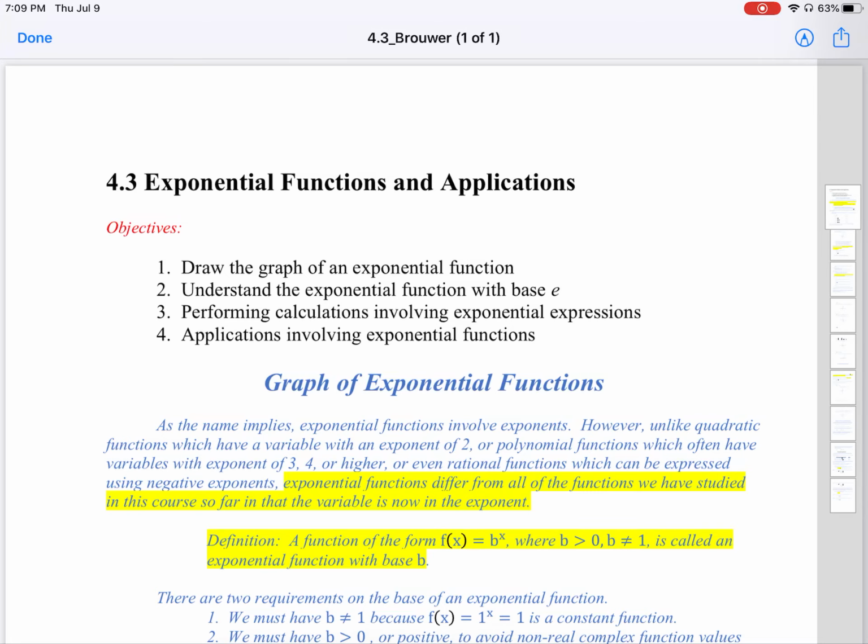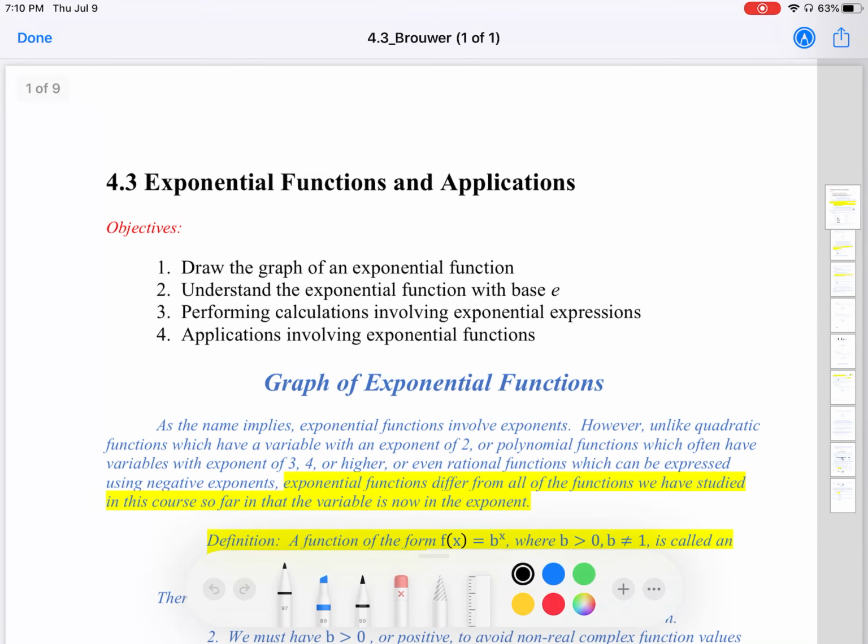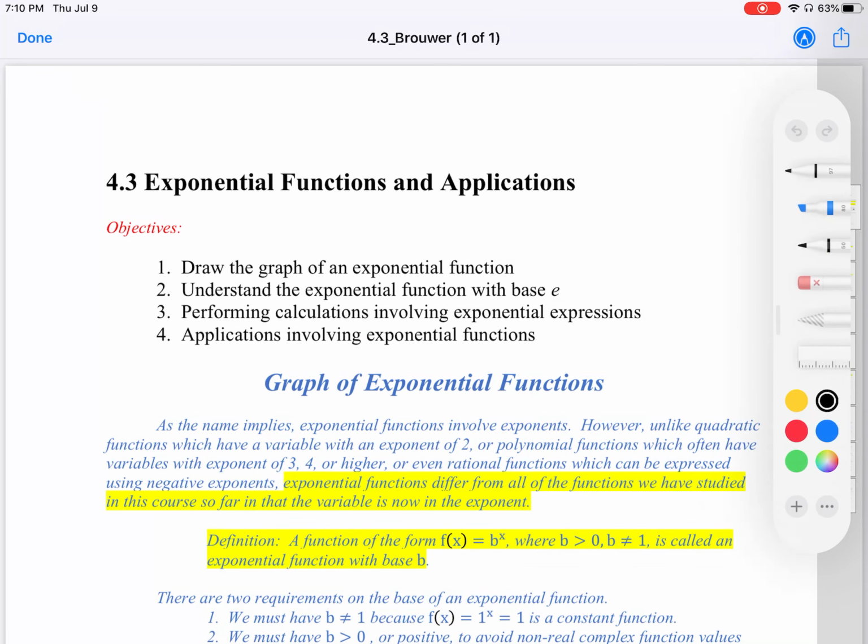Hi, let's go ahead and continue with section 4.3, exponential functions and applications. Before we begin, let's talk about exponents for a bit. So to jog your memory on exponents,